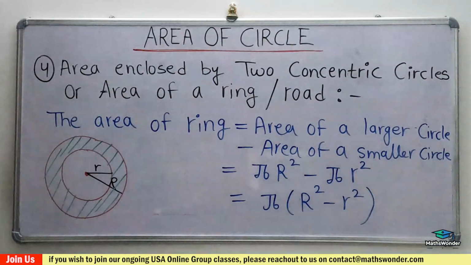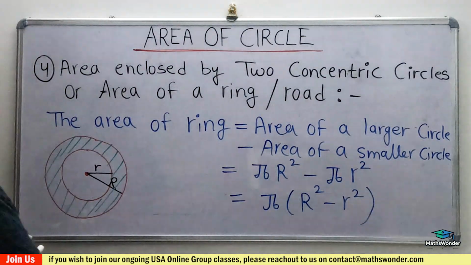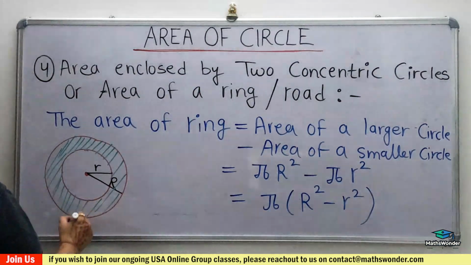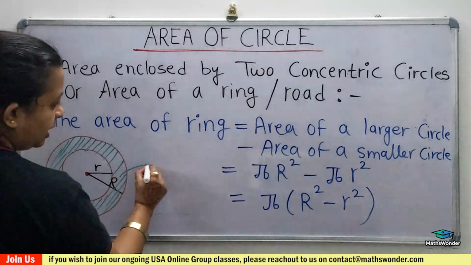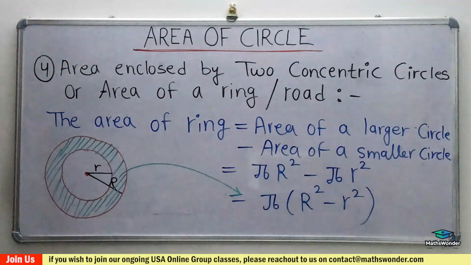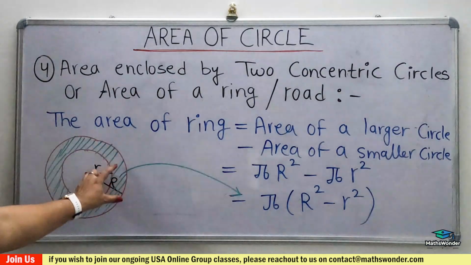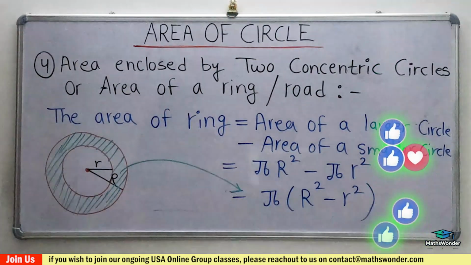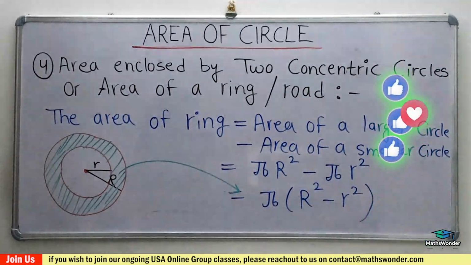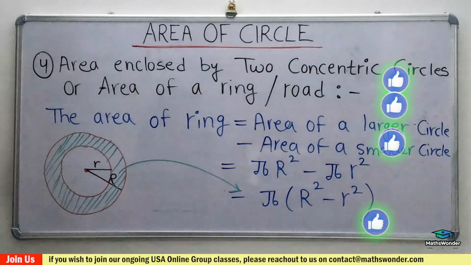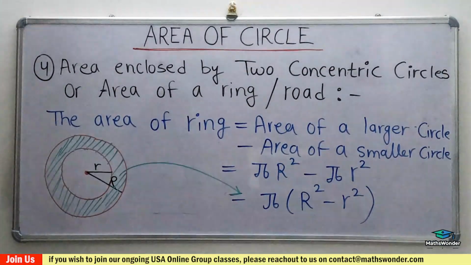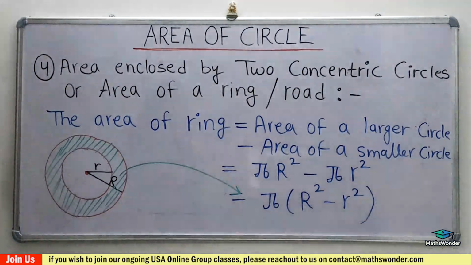Okay, understood now? This ring area, the green color I shaded here, if you have to find this part in the question, you can use the direct formula, this one, pi capital R square minus small r square. You will get the area of this ring part. Okay, all right. Say something. What happened? Are you busy writing? Yeah. Okay.